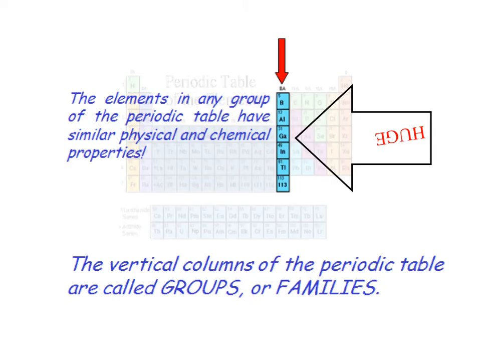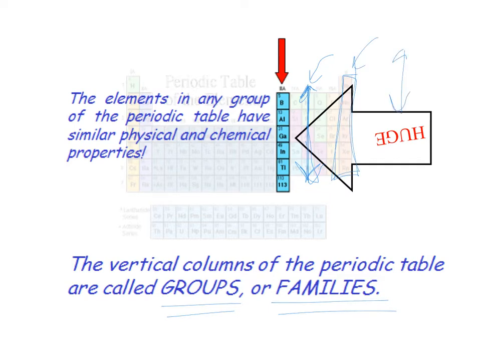Moving into other groupings on the periodic table, the vertical columns are called families or groups. And like a family, we can have similar family characteristics, and so do elements in the same family. So we'll learn later that all of the alkali metals are really reactive, and all of the noble gases are not reactive. And so these vertical columns and groups are called families, and we're going to teach you the family